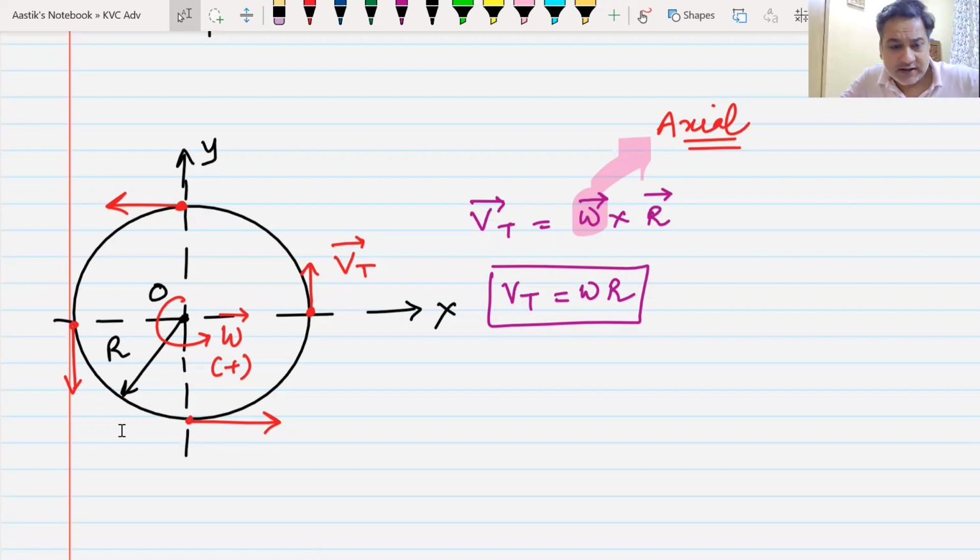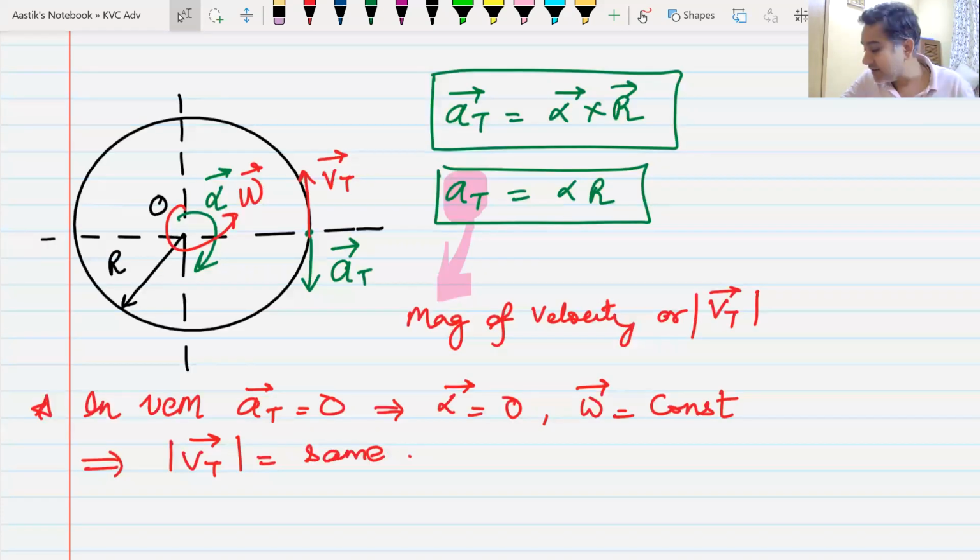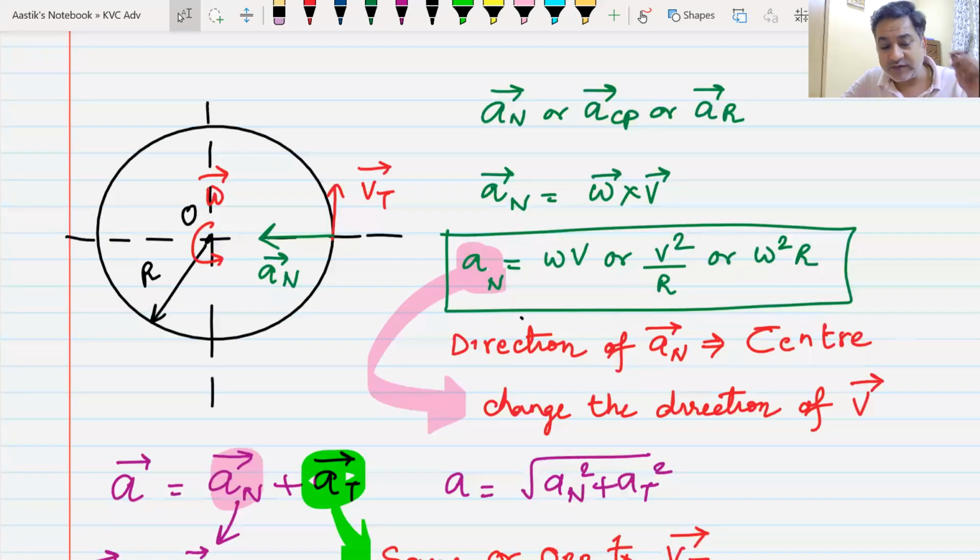This alpha is the angular acceleration, and this tangential acceleration changes the magnitude of tangential velocity. If tangential acceleration is 0, then your alpha will be 0, your angular velocity would be constant, and we call that motion uniform circular motion. But whether it's uniform circular motion or non-uniform circular motion, it always has an